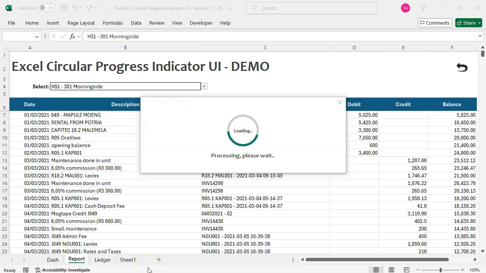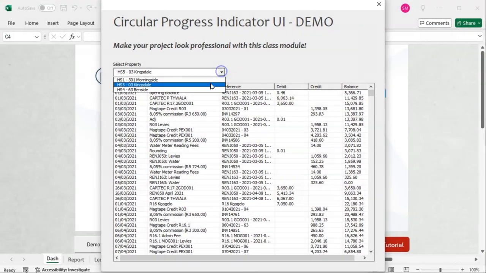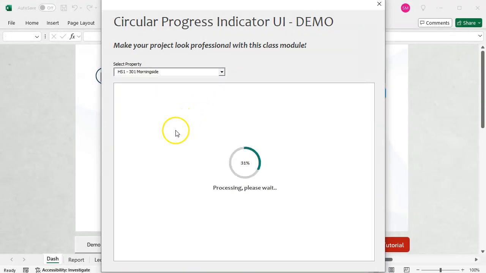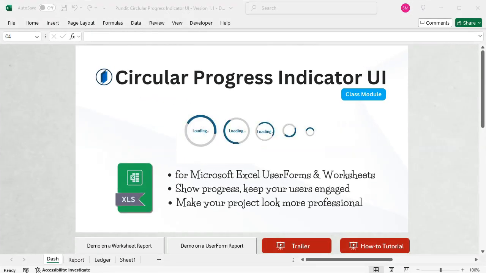There are three buffer types in this class module: the loading buffer, the progress buffer, and the rewind or countdown buffer. All these come in different sizes so that you will have more flexibility depending on what you intend to do. They also come with manipulatable properties that could be used to inform the user about what's happening now, e.g., connecting to the server, gathering data, importing the data, etc.